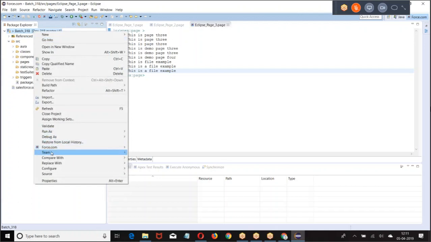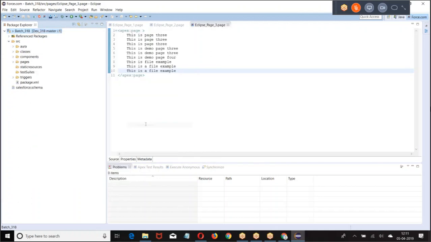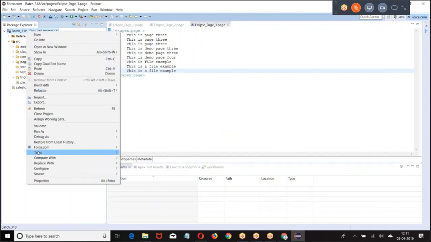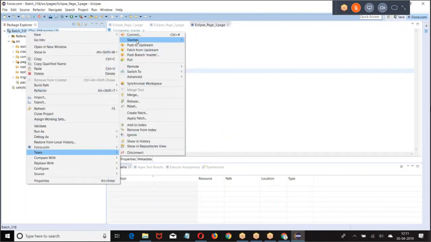Right click, Team, Add to Index. Right click, Team, Commit or Push.